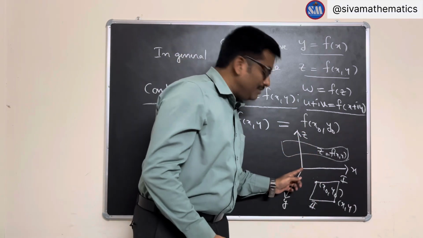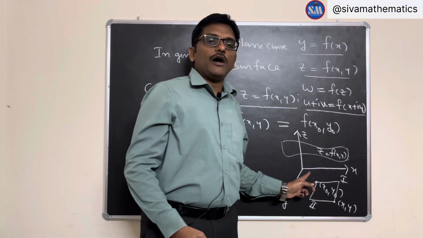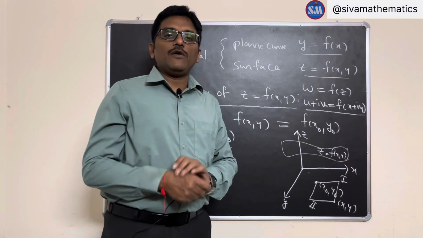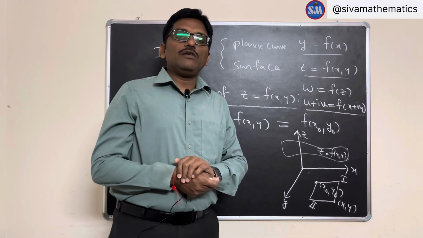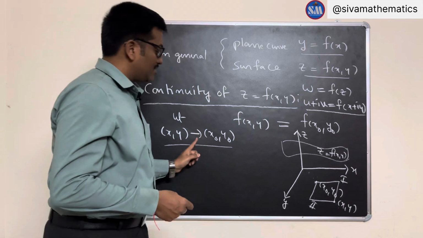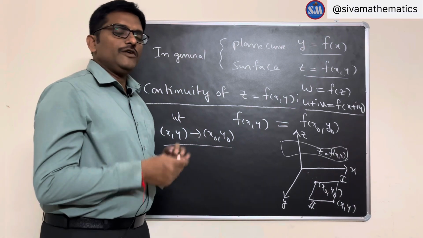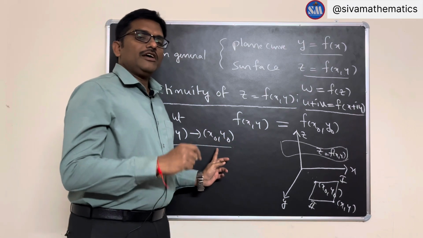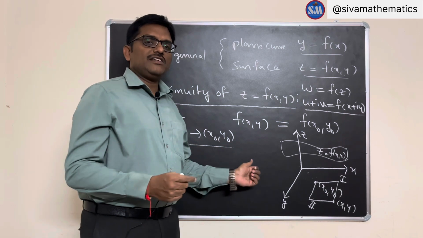But if you are finding the limit at the origin, then definitely you have to find the limit along path 1, path 2, along y equal to mx, y equal to mx square, and so on, y equal to mx power n. Similarly, x equal to my, x equal to my square, x equal to my power n. If along all the paths we get the same limit, then only we say the limit exists for this function. If we get a different value for the limit along any path, we simply write that the limit does not exist.